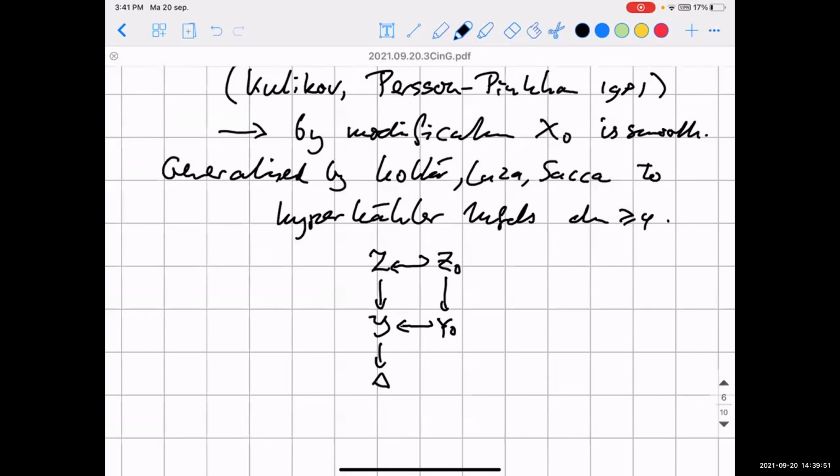And here is this line, and this line now becomes a conic bundle. No, a quadric bundle. Well, the plus P. And then if we make a base change of order 2,